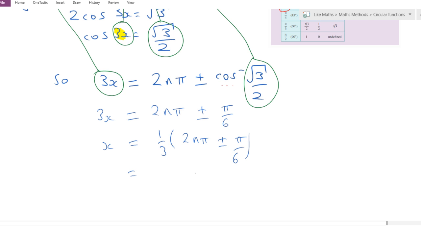Multiplying that out, we've got 2n pi over 3 plus or minus, and just leave the plus or minus there. It's still a valid operator. Pi over 18,